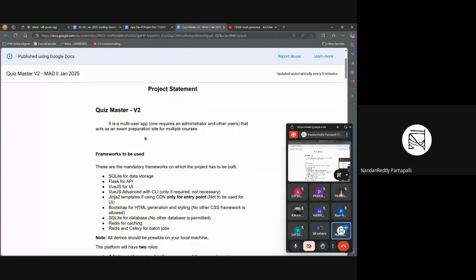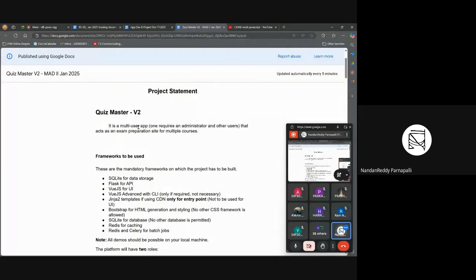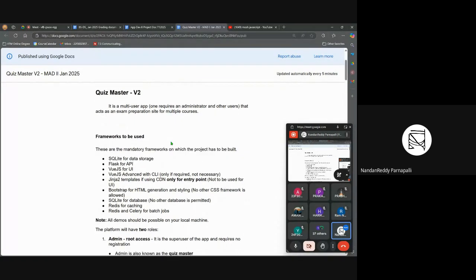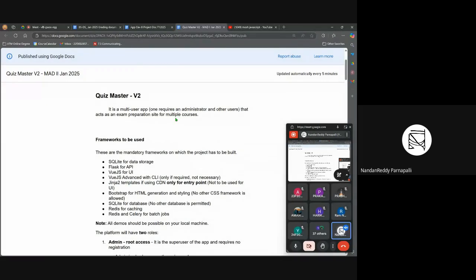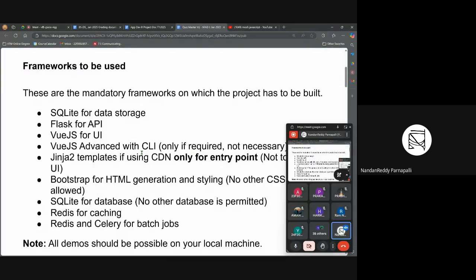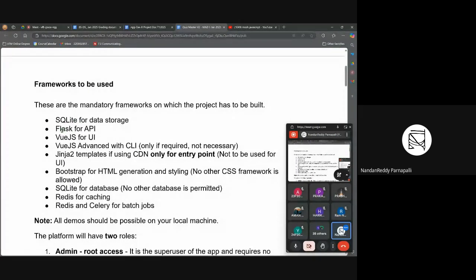Quiz Master version 2. It is multi-user, with two kinds of users: one is an administrator who does all the management, and the other is a user who utilizes the app. It acts as an exam preparation site for multiple courses, so if a user selects a course, then they can see the exam, like a test practice. For frameworks, as usual in MAD1, we have to use an SQLite database for storage, Flask for